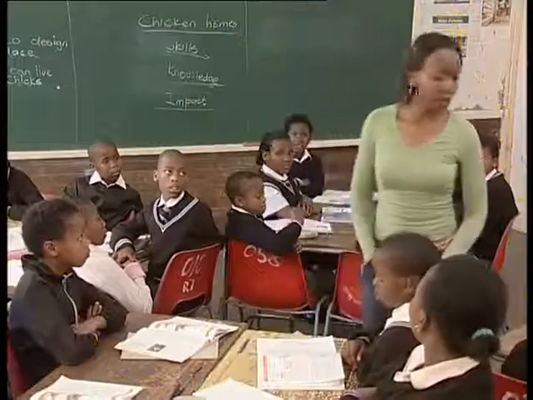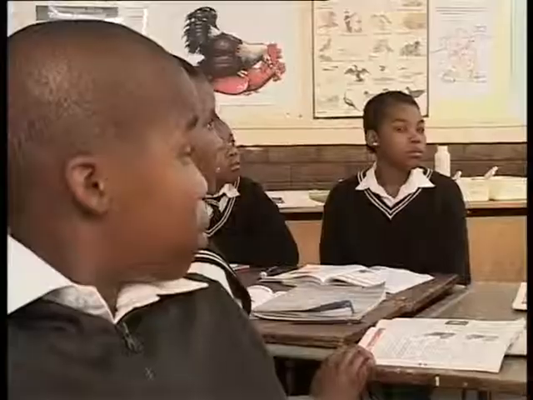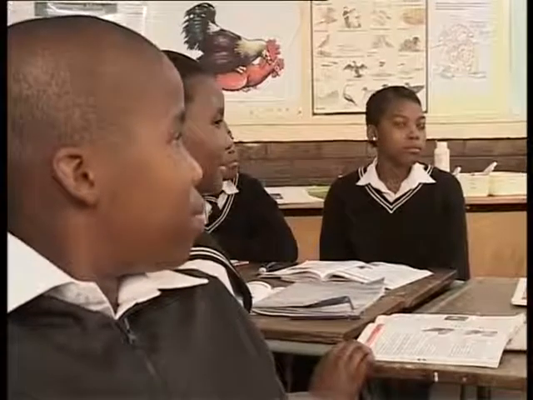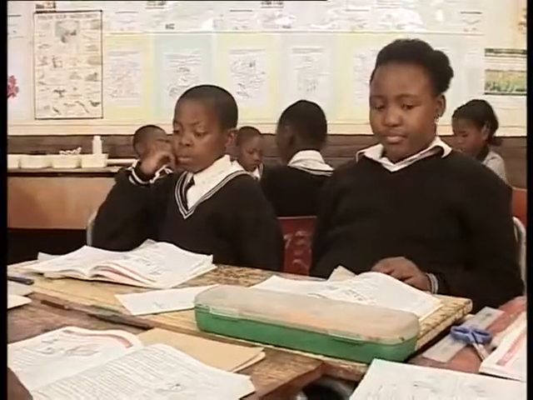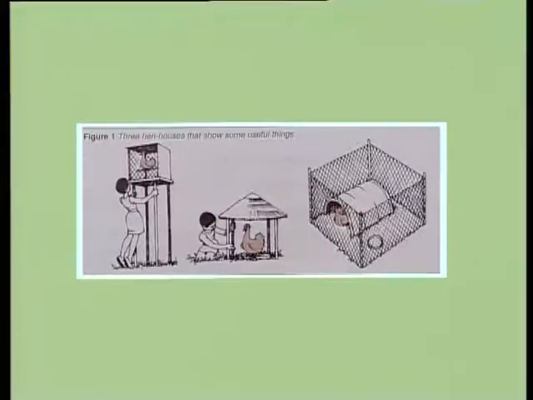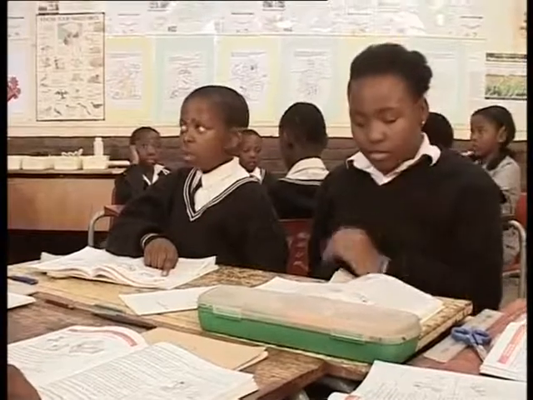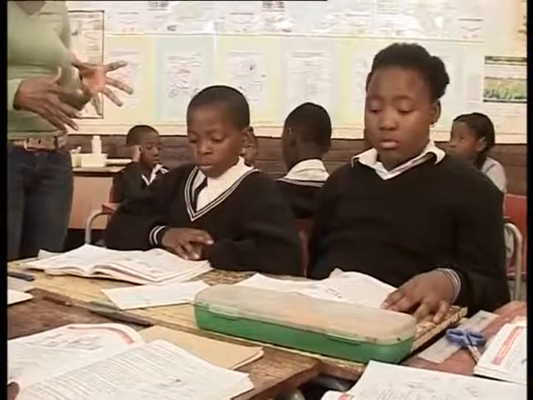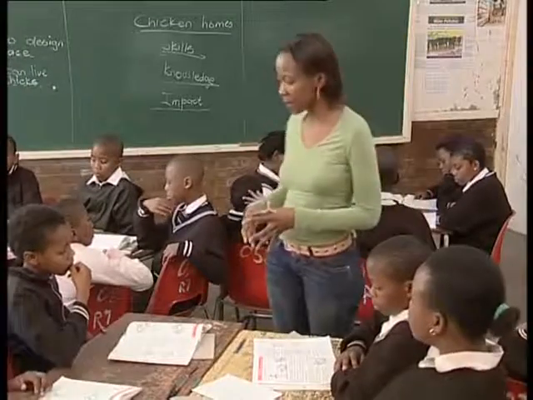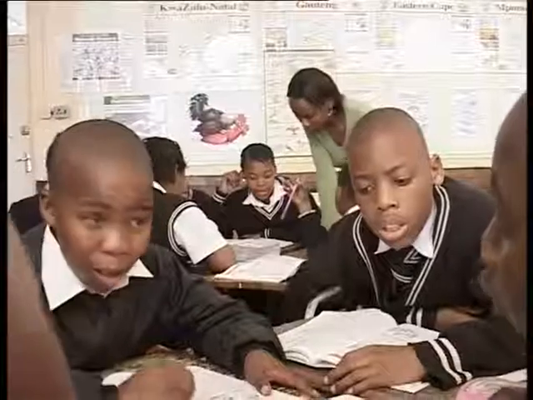Let's look at the next part of this process. We have investigated how the hens lay eggs and hatch the eggs, didn't we? Yes, ma'am. Now we're going to look at the different places that we need for the hens to raise their baby chicks. If you can turn to page 24, please. In figure 1 there, how many hen houses do we have? 3. We have 3 hen houses. I'm going to give you 3 minutes in your groups to look at each house. Tell me the good and the bad thing about each house. Okay? Let's do it.